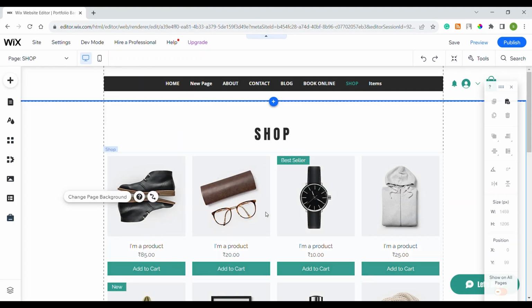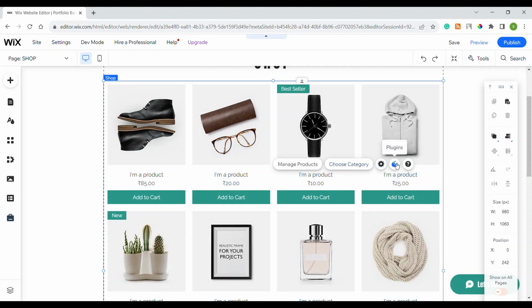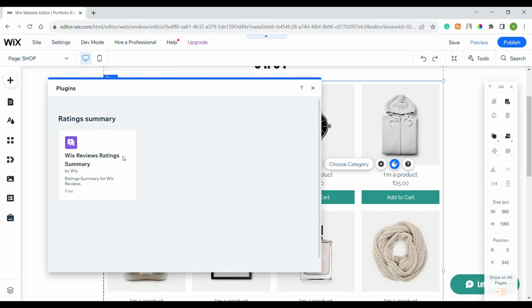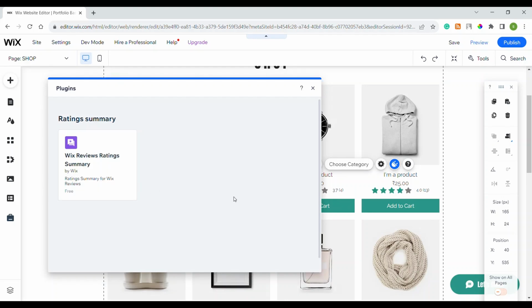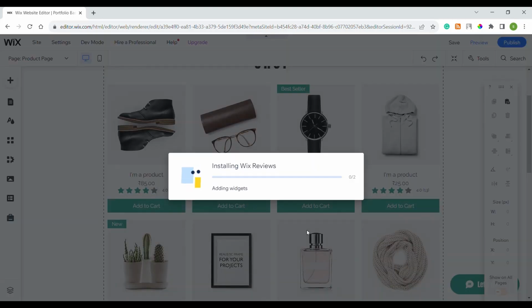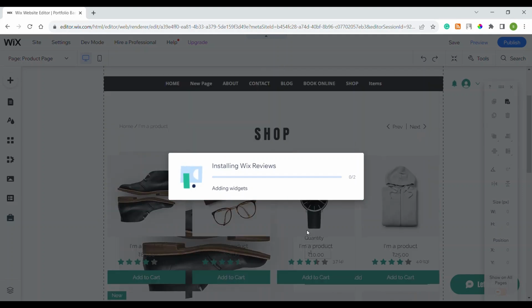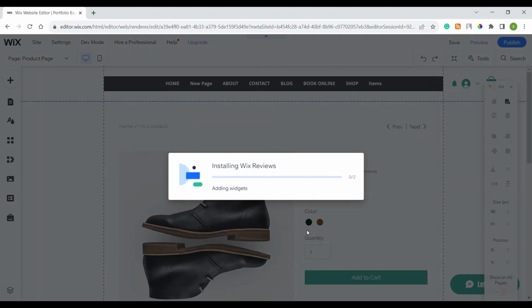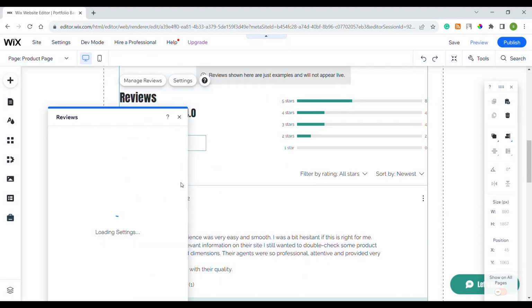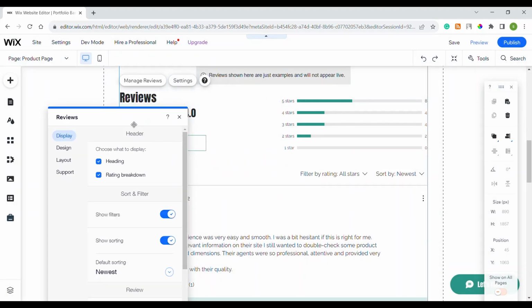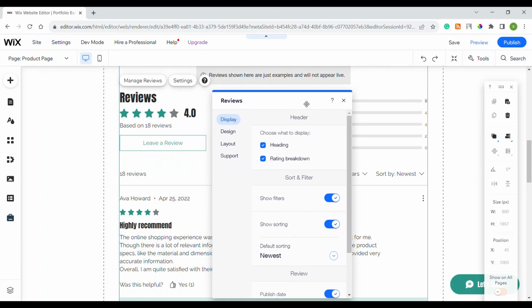Simply go to the widget and click on the new option for plugins and click on add Wix reviews and ratings summary. This is the widget. This will get added. It is saying it is installing and will take you to the product page, and here are the settings